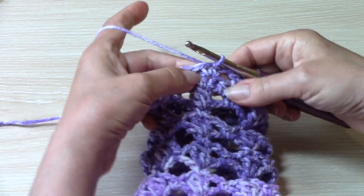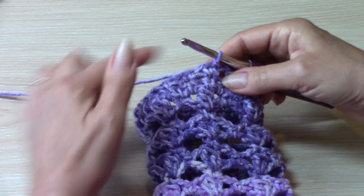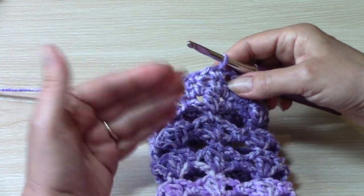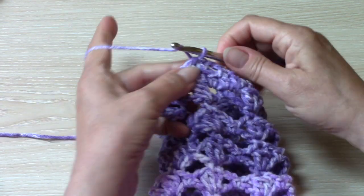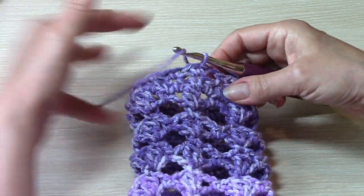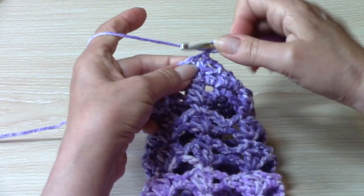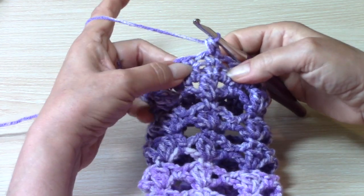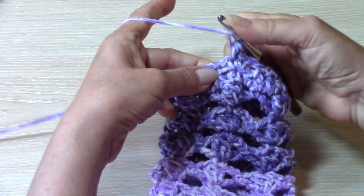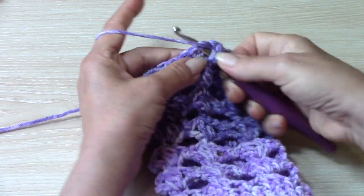Okay, so for now, for round 3, for cinch tie, everyone else, if you're not doing the cinch tie, you worked a regular half double. So now we're going to work our 3rd round of this in a half double with the chain 1. Go ahead and half double crochet in the first single crochet, and now half double crochet in the chain 1 space,